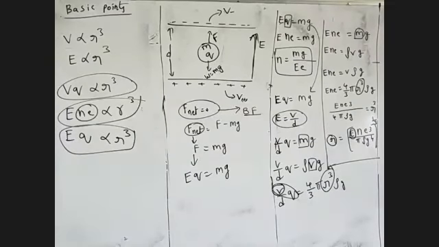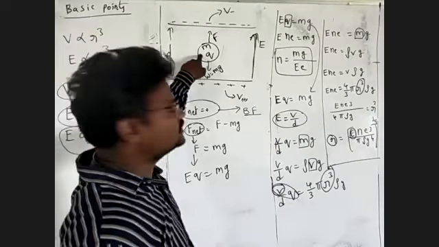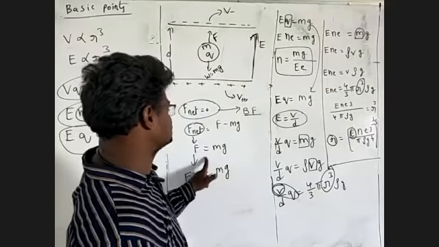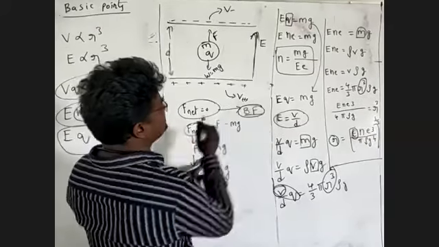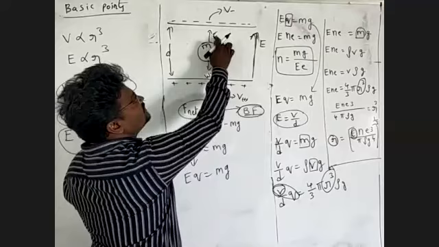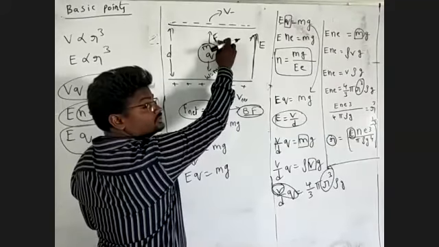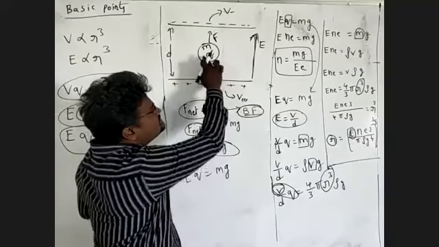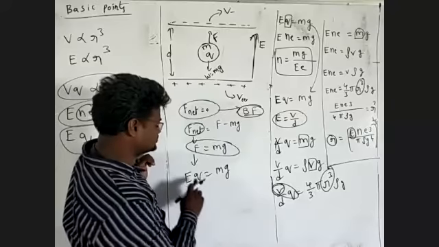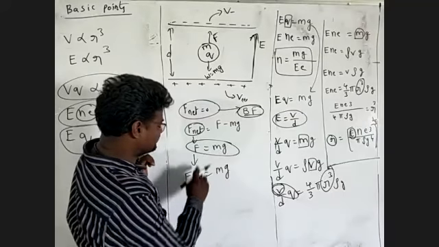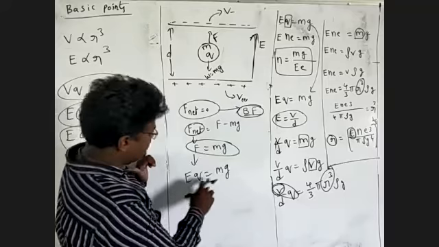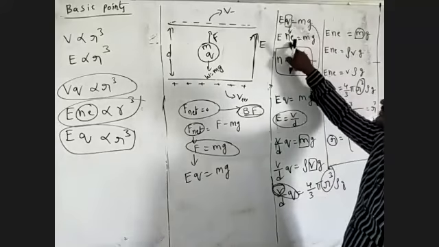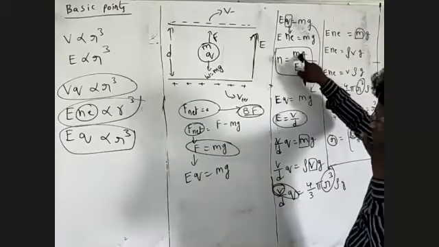Now we will see when the charge is at rest. Rest means upward force is equal to downward force. The charge is in a balanced condition, the upward force is balanced by mg. The charge is at rest position, so F is equal to mg. F means EQ, so EQ is equal to mg. Q is the quantization of charge, so Ne is equal to mg by E.